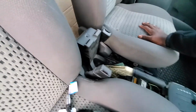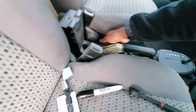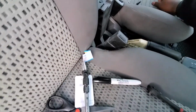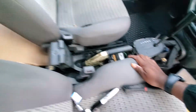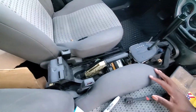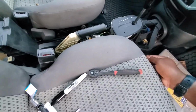Alright, so I'd like to start this video off with already showing you some of the components taken out. I'm sorry about that. I just came up with this little thing on the spur of the moment. What I'm doing is preparing to do my measurement work for the new center console I'm building for the car. And right now I'm working on taking out